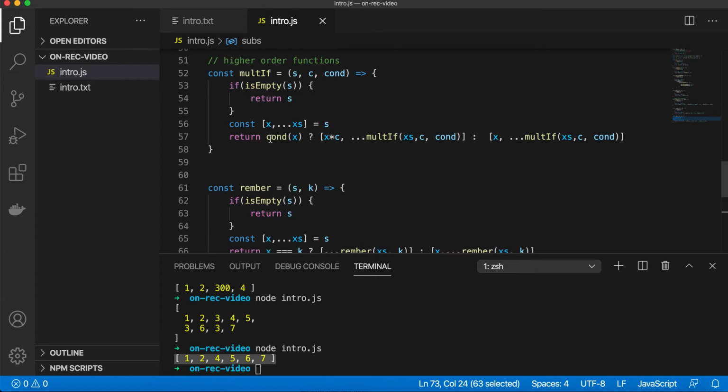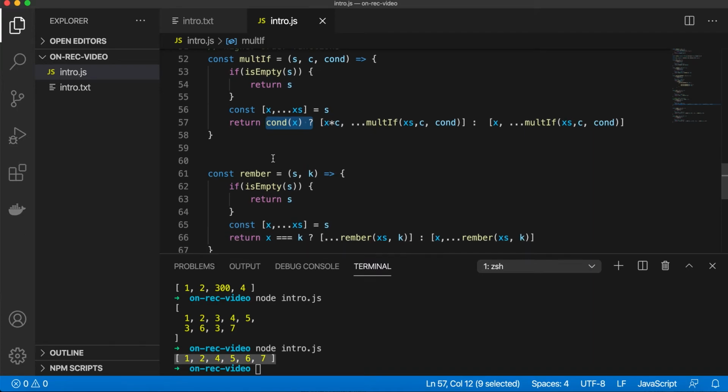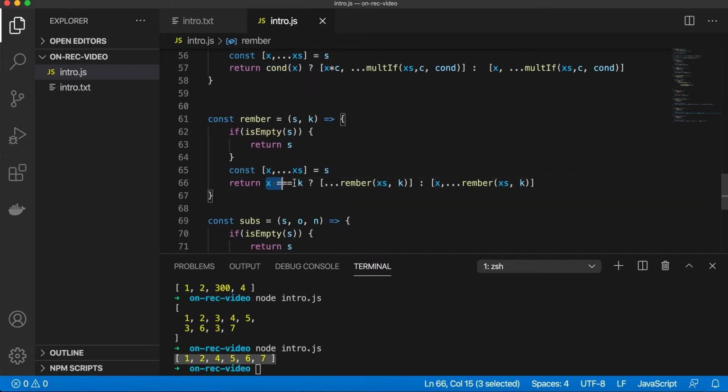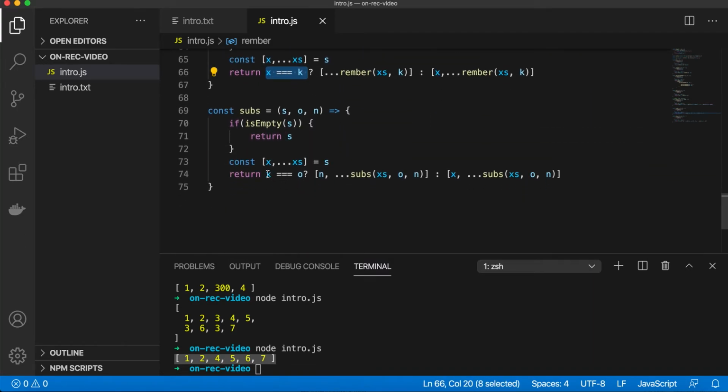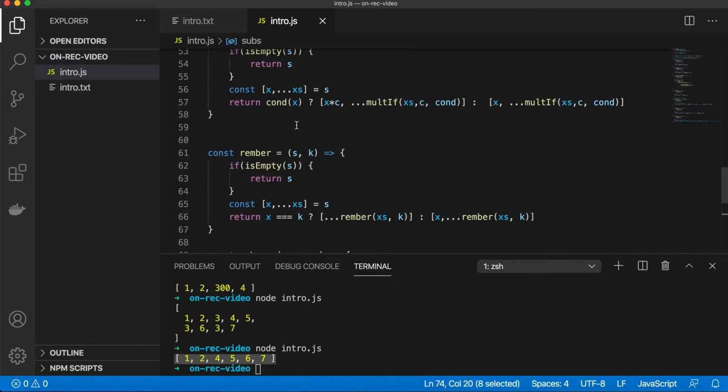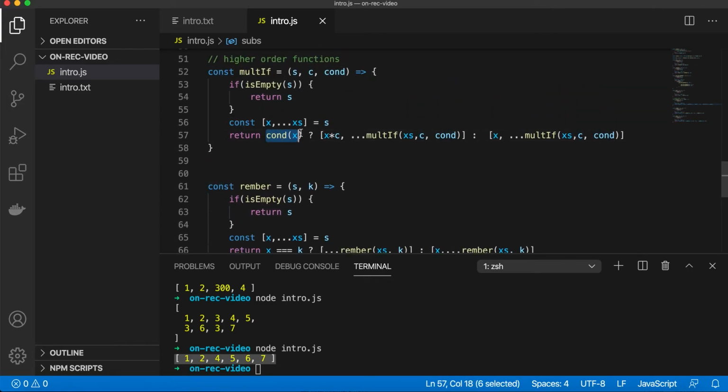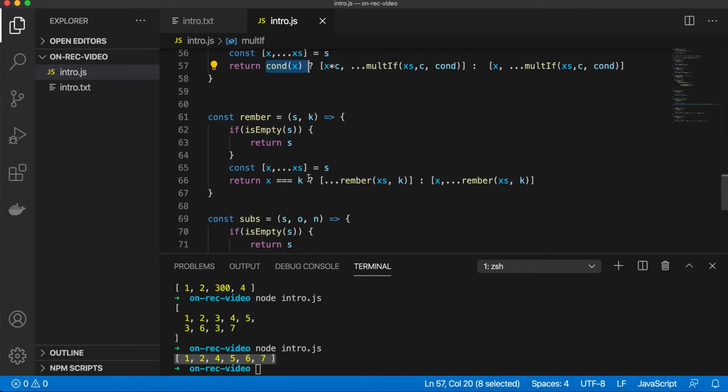But what is different is some condition evaluation. Here we are checking if count of x matches. Here we are checking if x is equal to k. Here we are checking if x is equal to O. So the condition we are checking is changing, and if the condition matches,